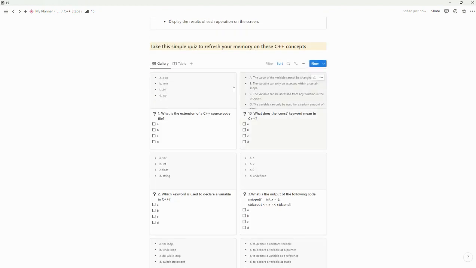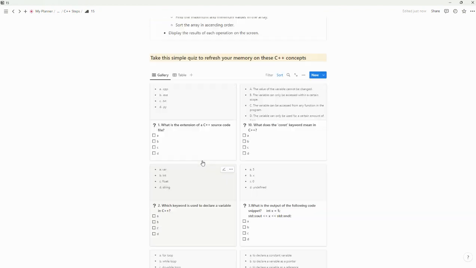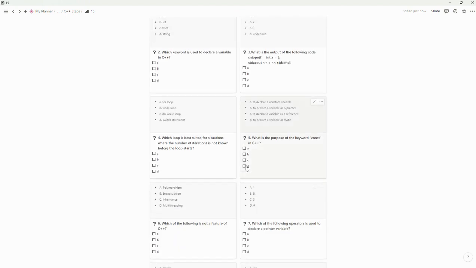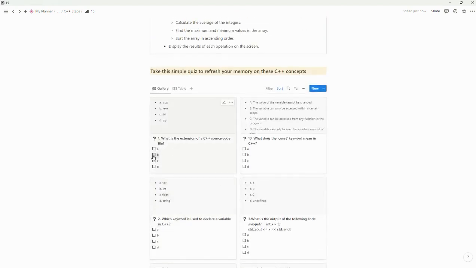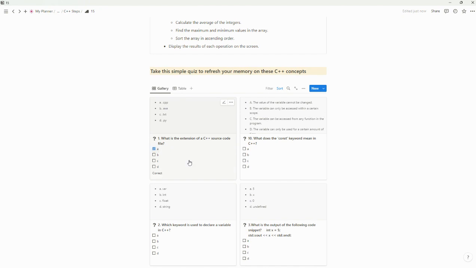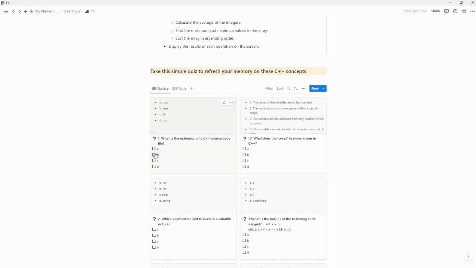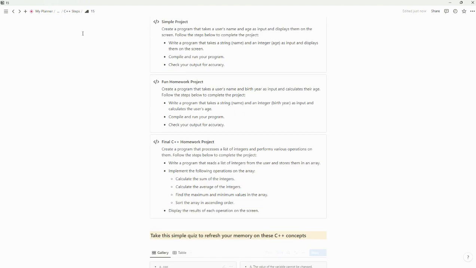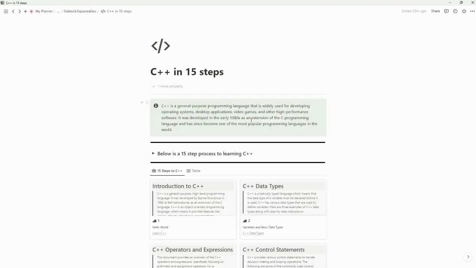And then this is just a multiple choice little kind of fun quiz to refresh your memory. So it will tell you, just do real quick, correct, incorrect. And yeah, let me go to